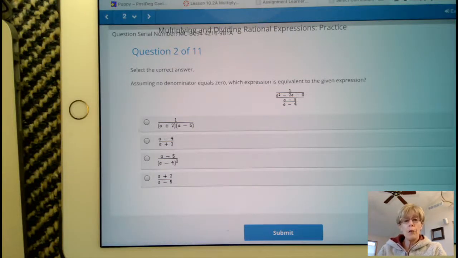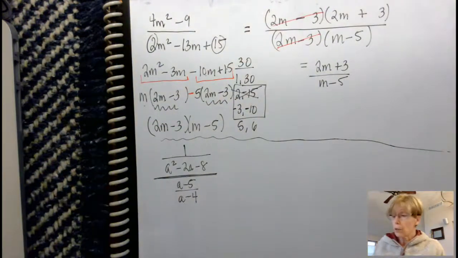Assuming no denominator equals 0, which expression is equivalent to the given expression? And what this is, this is a division problem. And what I like to say is that let's go old school on this. So I'm switching over here to my notebook paper, and as we take a look at this particular problem,